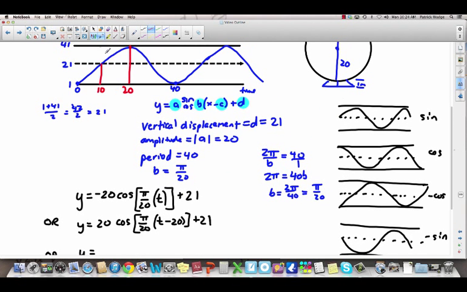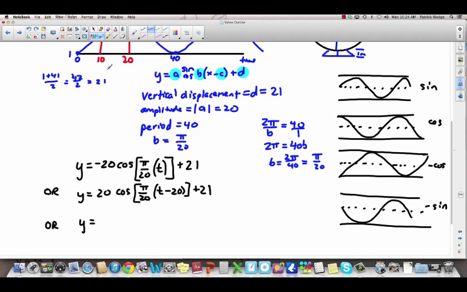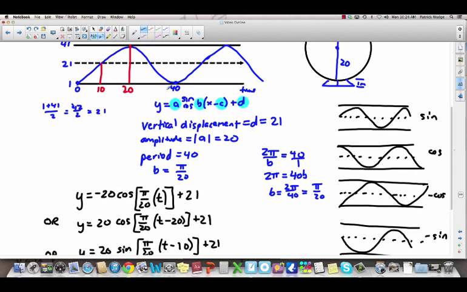So this is a positive sine because it's moving up from the center line. And it would be y equals 20 again, that stays the same. This time it would be sine, still have pi over 20, but this time it would be t take away, we moved over 10, so t minus 10, and you still have plus 21. If you wanted to, you could do it for negative sine. I don't know why you would, but that would be from this point. So it would be the same thing, except you'd have it shifted over to negative 30 and you'd use negative